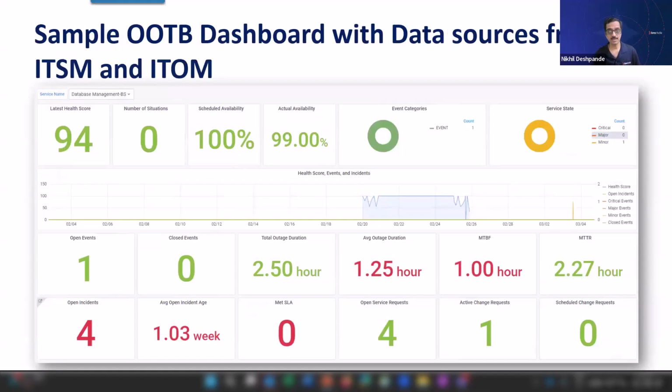I talked about service ops and the unique ability of BMC Helix dashboards to bring service management and operations management together on one dashboard. The service dashboard is an example of how we do it. This is one dashboard that shows you key metrics across service management and operations management. So you see health scores, situations, availability, you see open events, outages, you see incident age, and then look at that